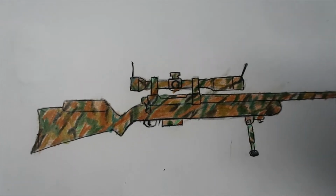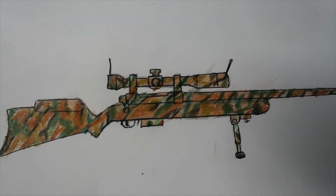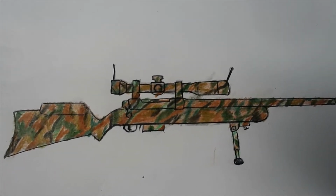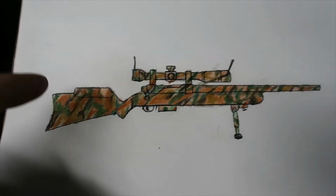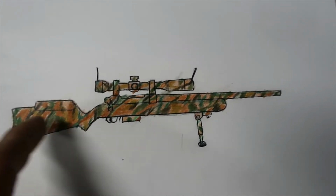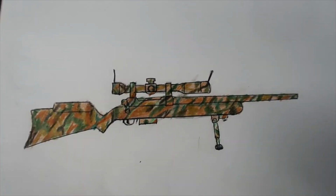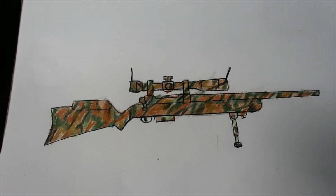Okay, I went ahead and added some other colors, and this is pretty busy, pretty intense the way I've got it, but you don't have to make it that way. You can just make it green, brown, tan, light green. You know, that's the thing. But you want it random. This is not as random as I would like to have done it, but